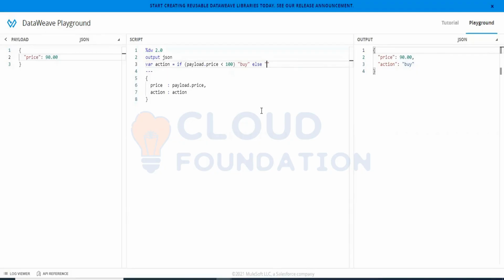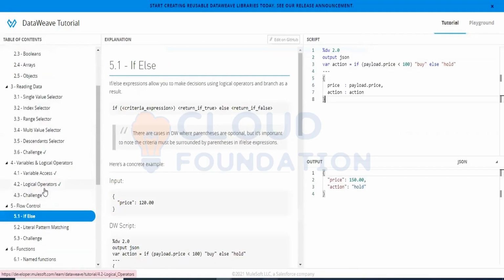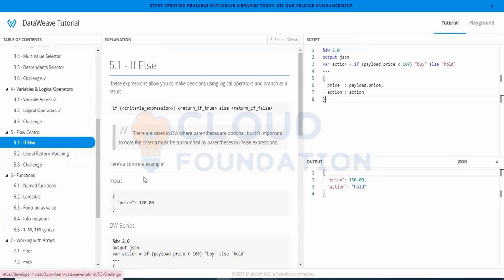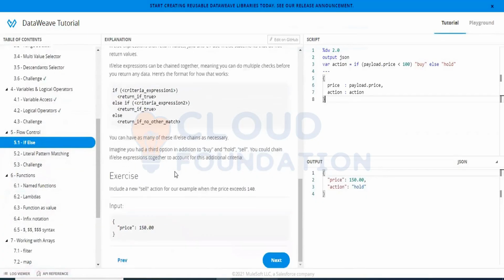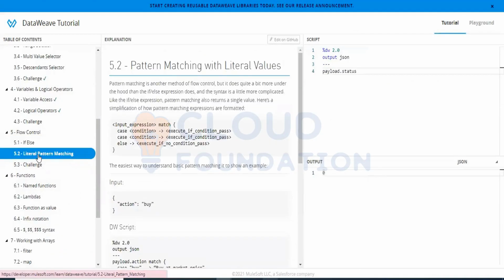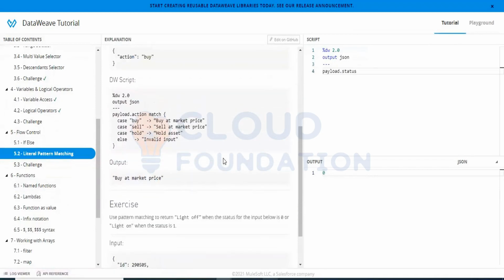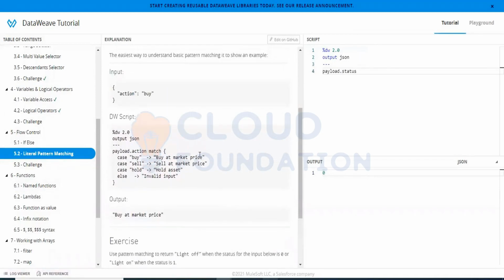Right, for the next section, pattern matching. It is very similar, yeah. Something like this, wow, pattern matching. This is really